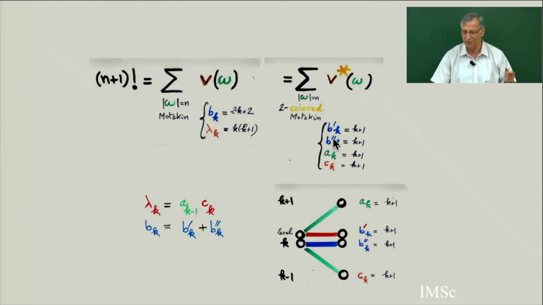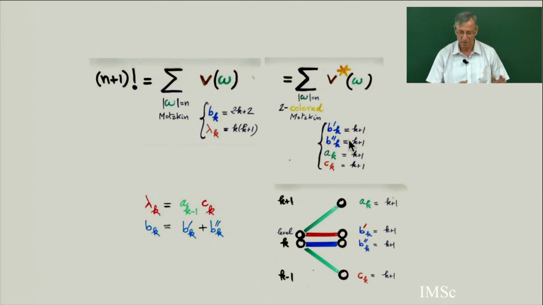So 2-color Motzkin paths means that on the level there are 2 colors, blue and red. Here, see? So the blue level is weighted k plus 1. The red level is weighted k plus 1. So you can be convinced that if you take a single Motzkin path, take all possible colors of the level, the sum of the weight of all the colored Motzkin paths corresponding to a single Motzkin path will be exactly given by this weight for the single Motzkin path. So you can be convinced the sum of the weight of Motzkin paths with this valuation will be the same as the sum of the weight of these 2-color Motzkin paths with this valuation.